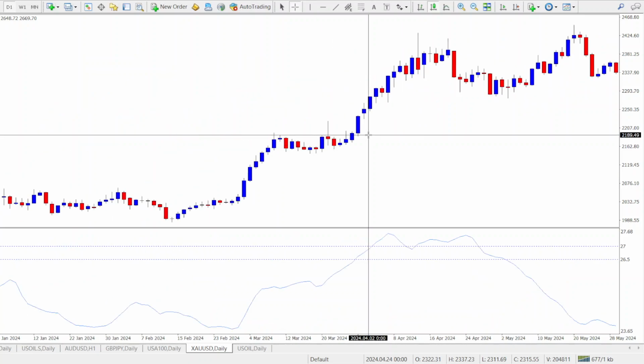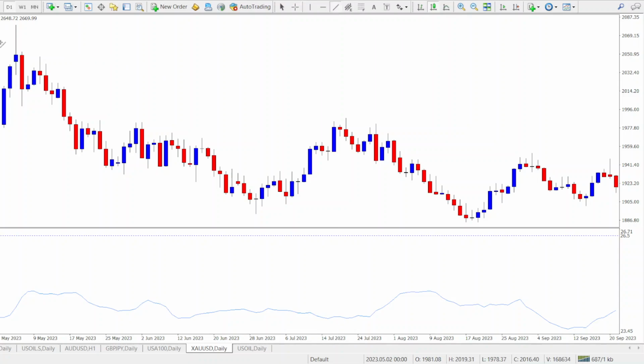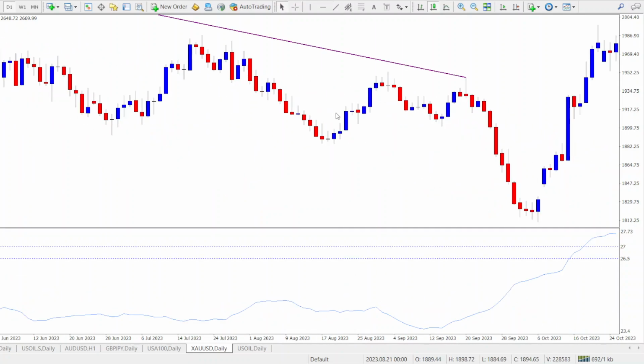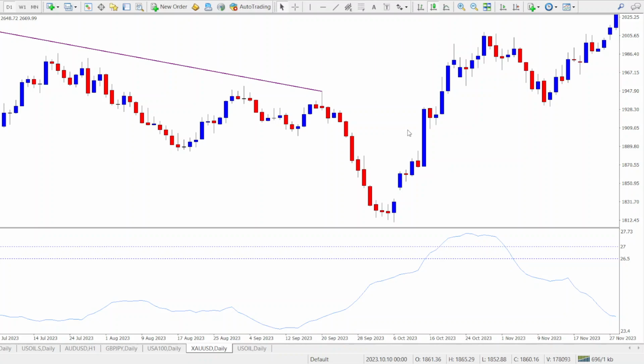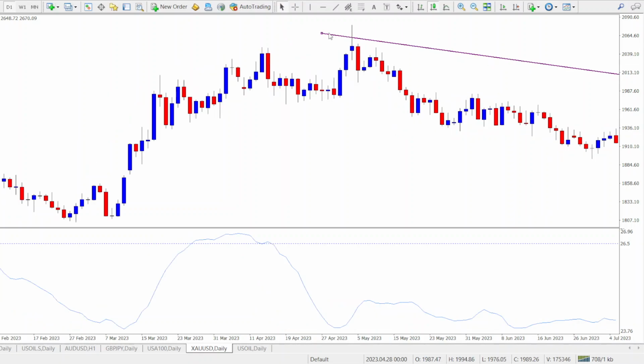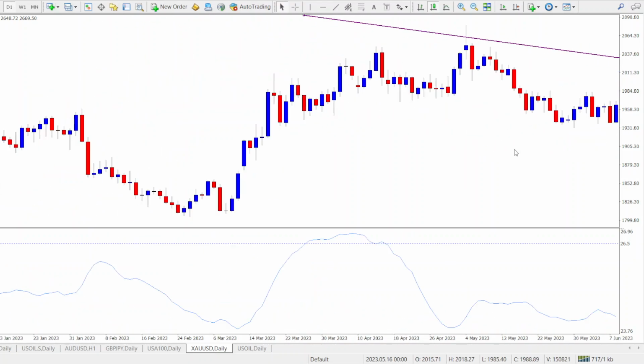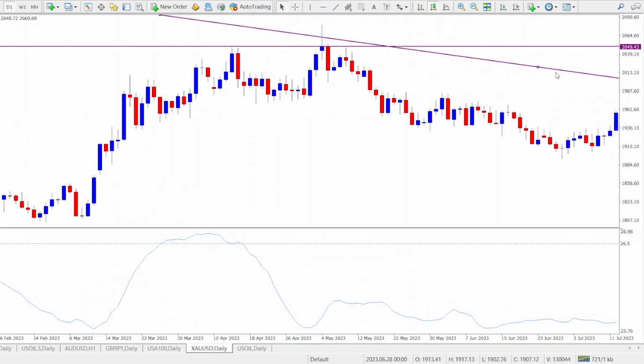Then for a sell trade, make sure you identify a sell trend first. In this case, we actually had a double top here. A double top is a bearish reversal chart pattern. So this is a pattern that can show bearish reversal. So after we got this double top,